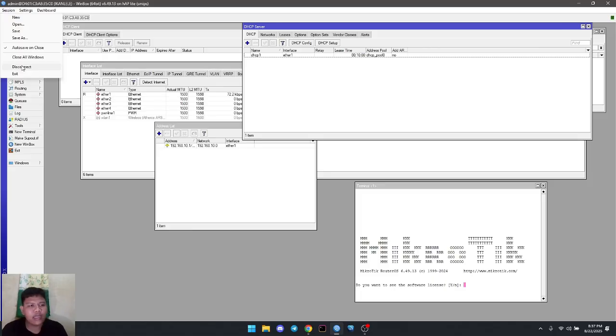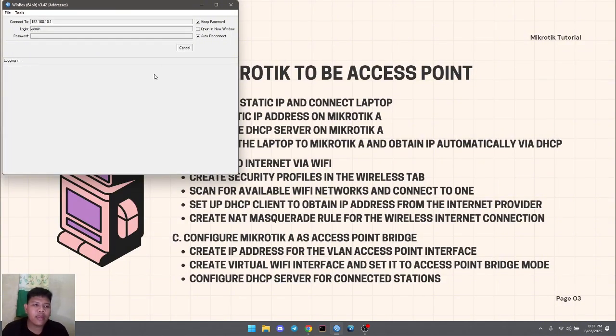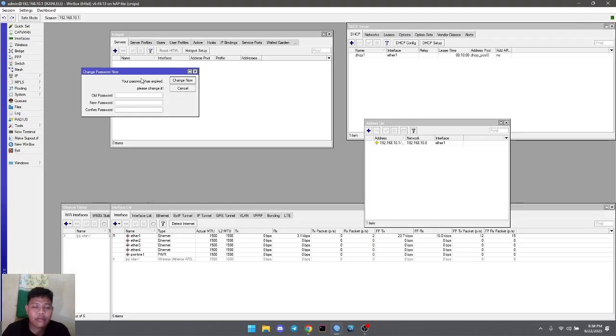Then we try to connect with IP, but we get an error again because we must disconnect this cable, and then we can connect again and wait for the MikroTik to be listed in the table. Then we connect with the IP address. Then connect, we did it.